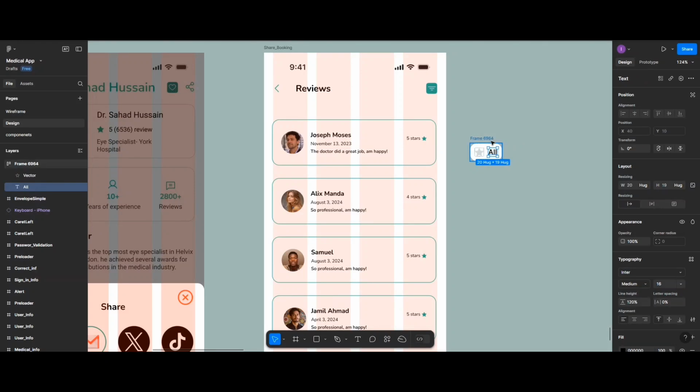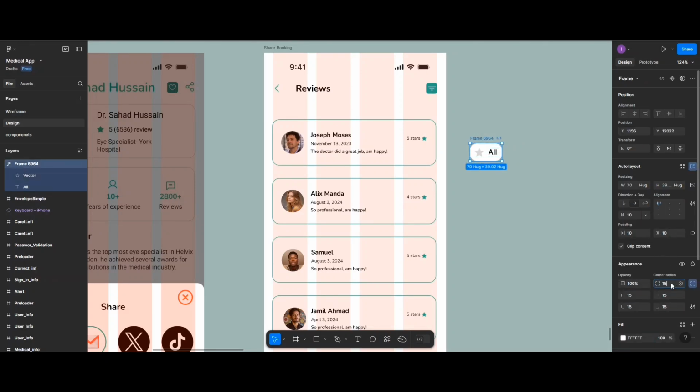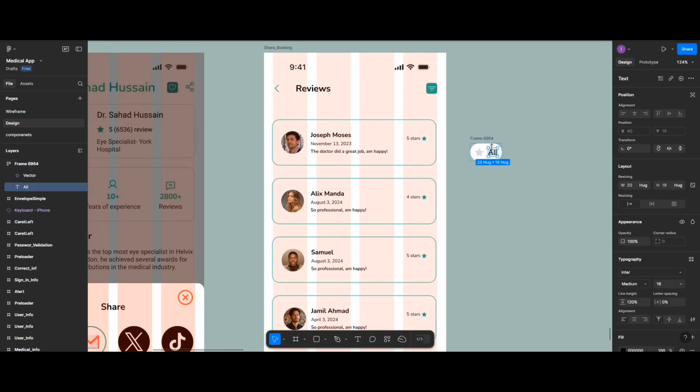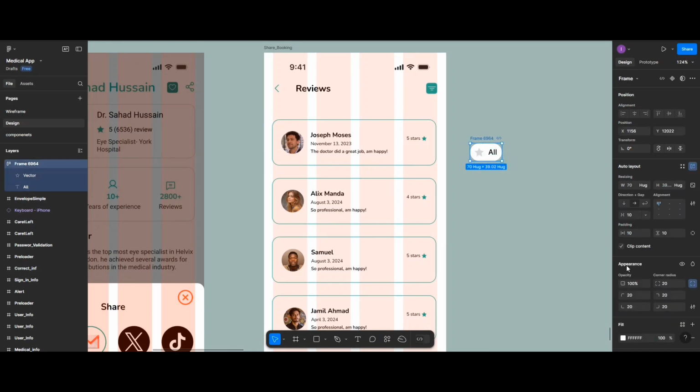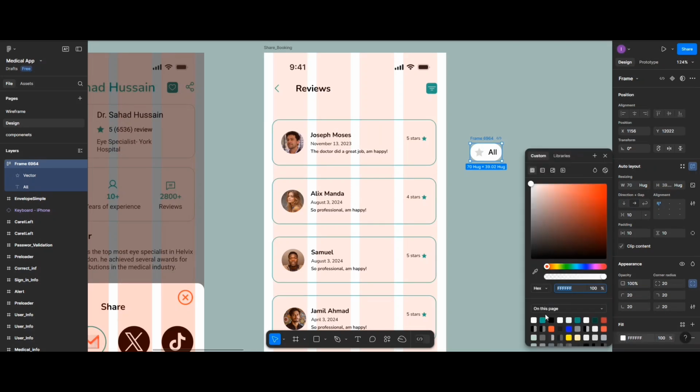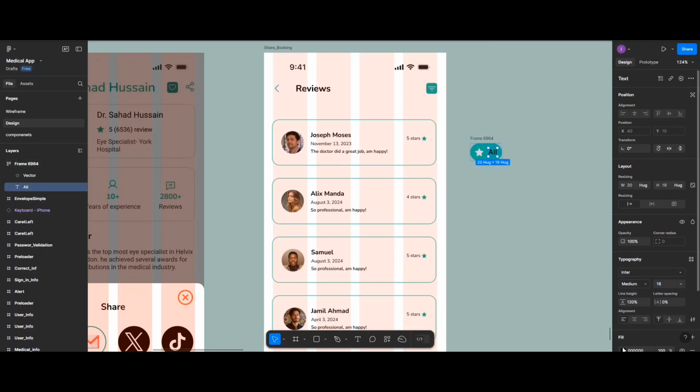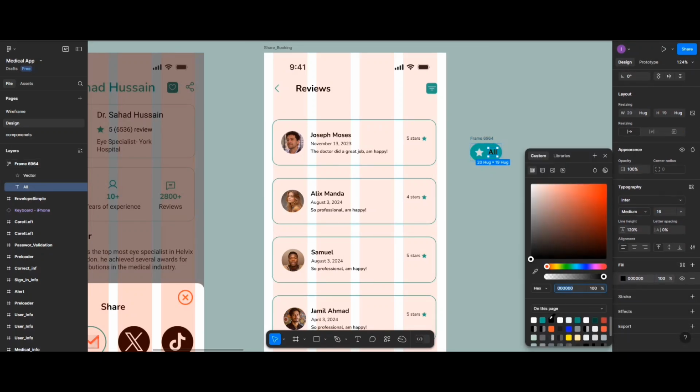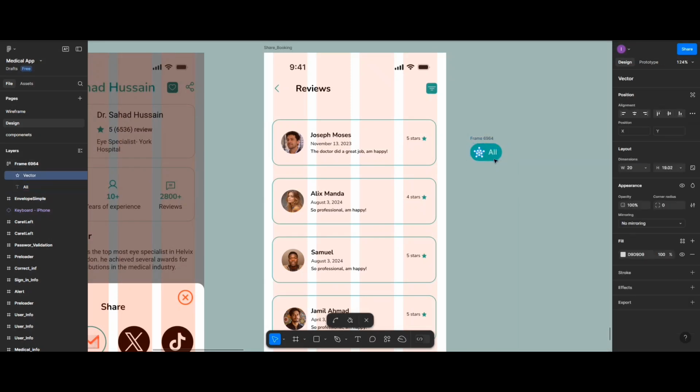Okay, so select the frame again. Let's increase the border radius to 20 so that we'll have a perfect circle. All right, so this will change the background of the frame, since this is the default one, to a global color. Then the text to white. Okay, then the star again, let's change it back to white. That is not white,